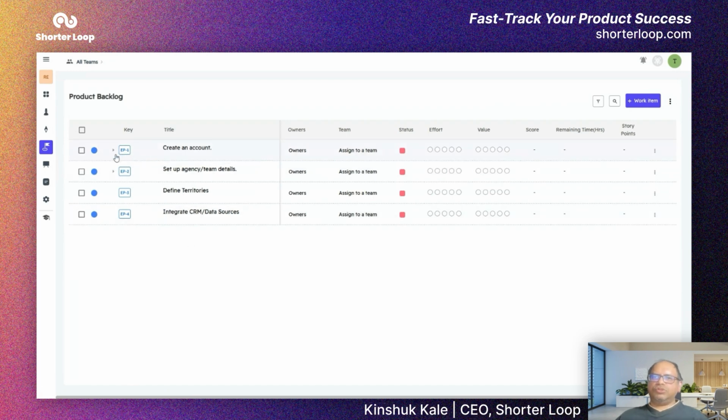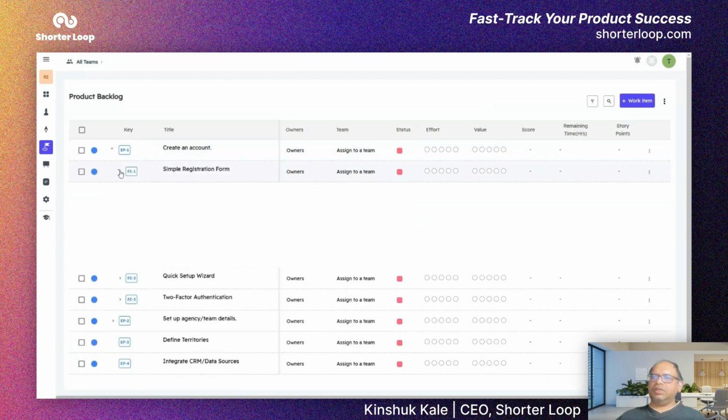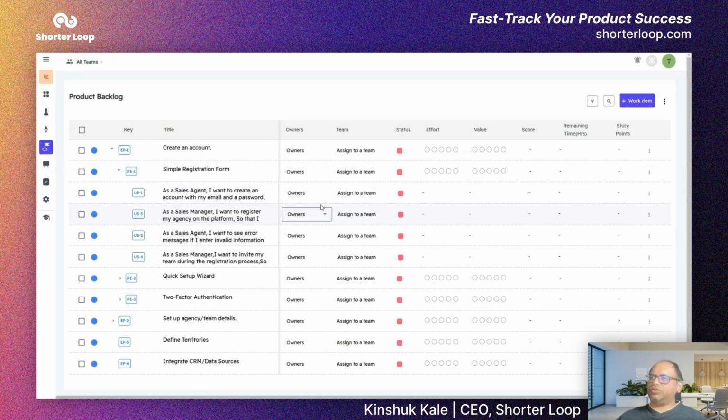So as you saw in the story map, we created some epics based on the steps that users were taking, such as create an account, set up agency details, etc. And each of those epics were then decomposed into features, and each of those features were decomposed into user stories. Each user story, epic, feature can have owners. In fact, we can have multiple owners. They can be assigned to different teams. We do not have multiple people or teams in this demo, so I'm not able to show them right now,